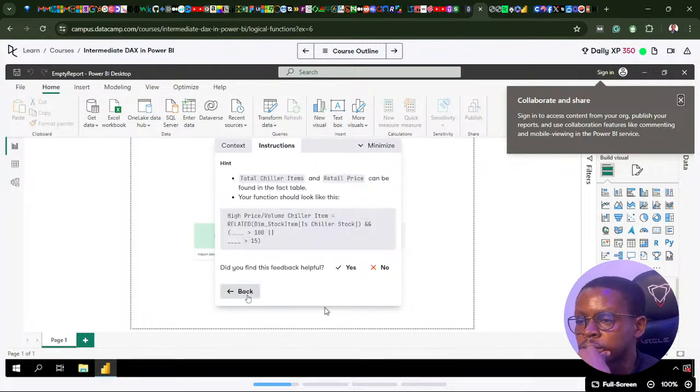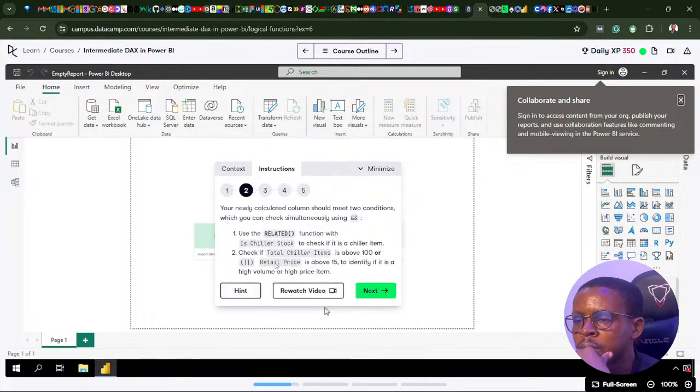Let's go for a hint. So it will be high price. So we're almost there. We are getting it. And you can see high price volume chiller item is equal to related chiller stock and chiller item is greater than 100 or total stock is less than 15. Okay. If total chiller item is above 100,